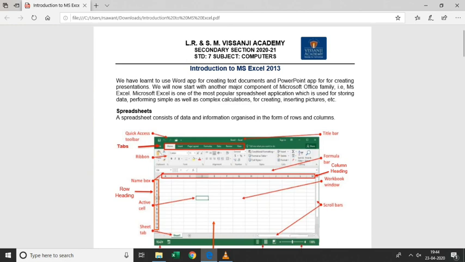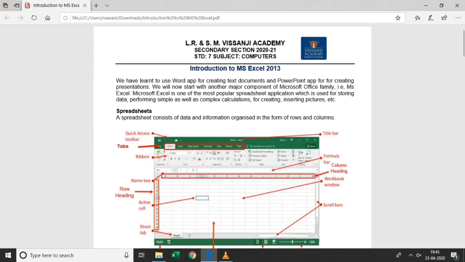Now what is MS Excel? MS stands for Microsoft. Microsoft Excel is the most popular and widely used spreadsheet software. Yes, MS Excel is also called spreadsheet software. Excel is a file made up of rows and columns that helps in systematic arrangement of data, sorting data, and performing calculations on numerical data. Data arranged in tabular form can then be used to make calculations and show graphical representation or analysis.